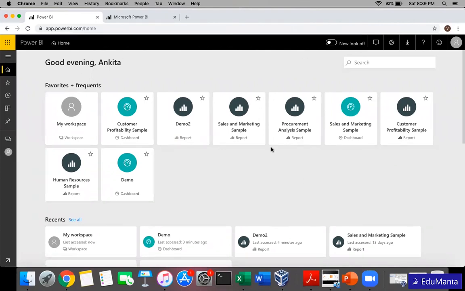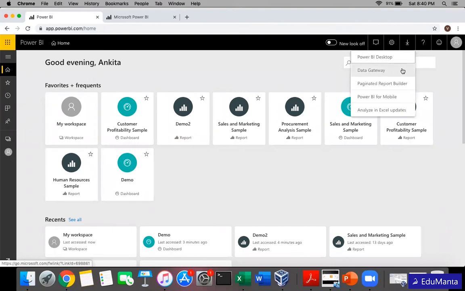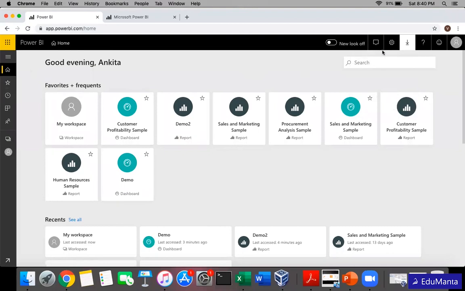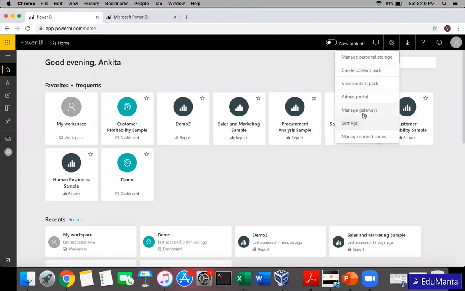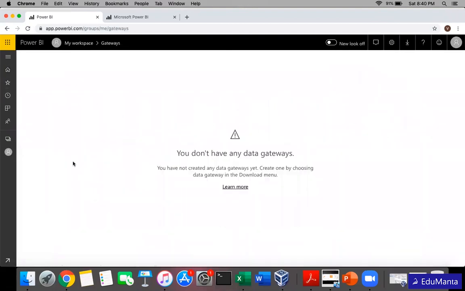This is on the cloud and the data set is on premises. It can be a cloud SQL Server, an Oracle database, an Excel sheet, or whatever is on premises. So there has to be a link between this cloud and the on-premises data source. If you go to this section, you will have something to download a data gateway. You download that data gateway, and then when we come to this section, manage gateways, we will have the gateway listed here.